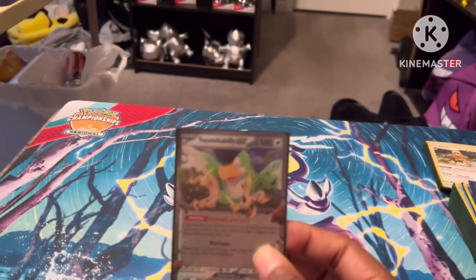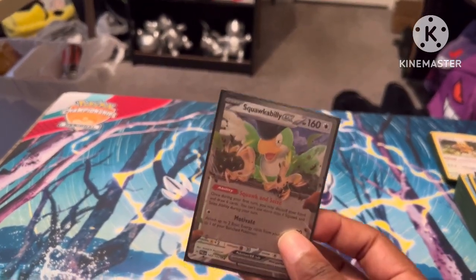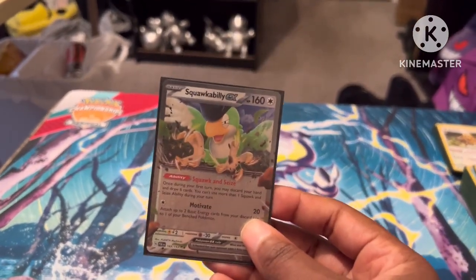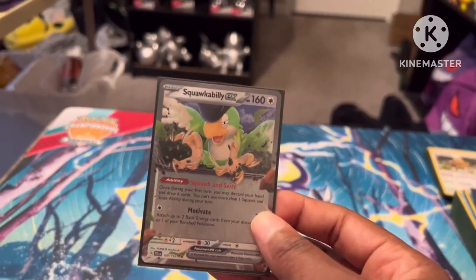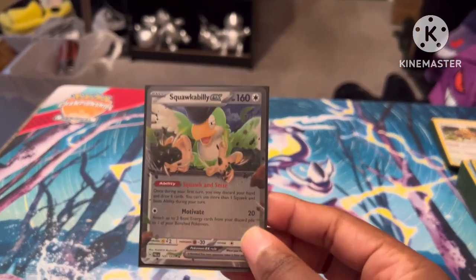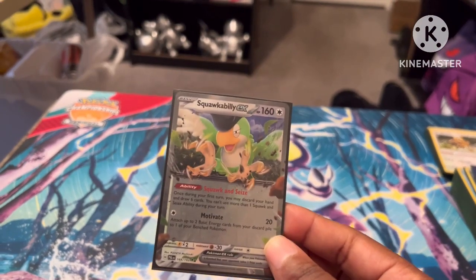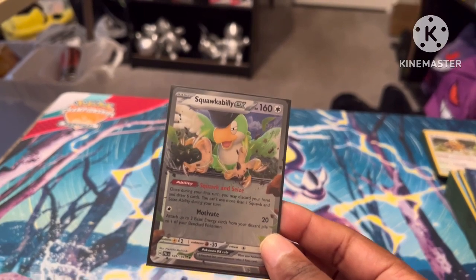going first. Also, going first, you can't do the Irida Battle VIP Pass play because you can't play a supporter. So you can't do that on your first turn, and that really just limits you to what you can do and what you can find. So if you have a way to get out the Squawkabilly, like a Nest Ball or Ultra Ball, and your hand sucks going first,